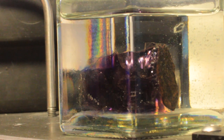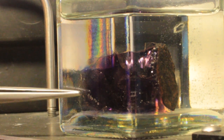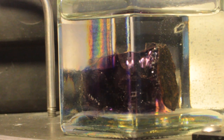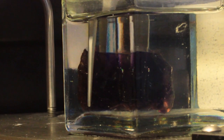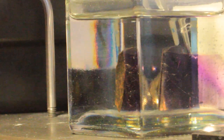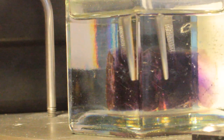So you can see there's clear quartz here, and here color zoning it's called, that I'll trim off. You can also see into the stone. I don't see a lot of inclusions. I don't see any inclusions in the stone on this side. So same thing, there's a fair amount of color zoning at the end. I'm going to trim that clear quartz off right there, and